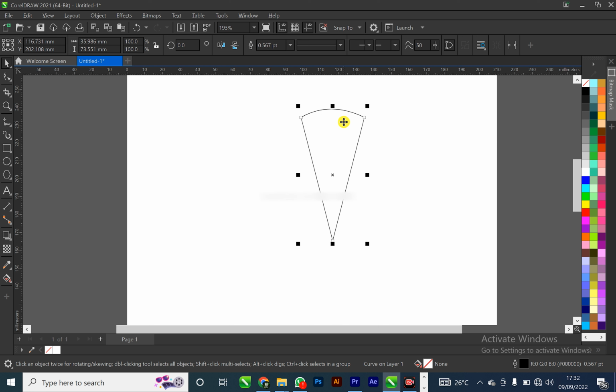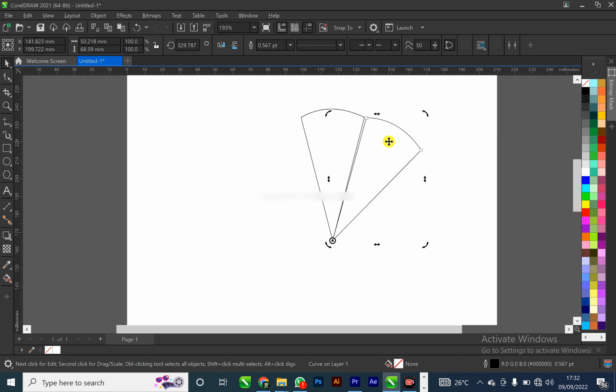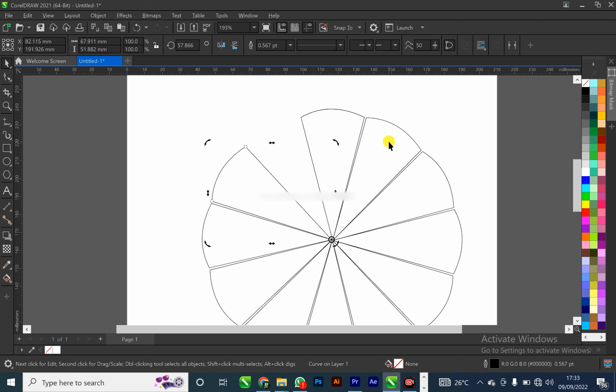The first way that we can make this is by duplicating it. For example, if we press our Ctrl D, we'll bring this down here, and you click over again and bring down your anchor point and rotate this to this point. Then also you duplicate this again, like you keep duplicating till you have your